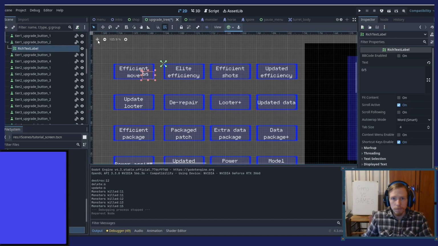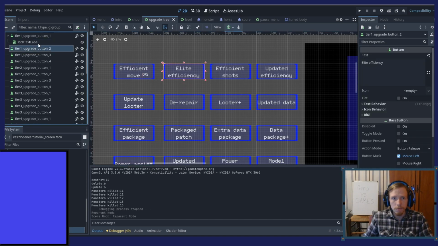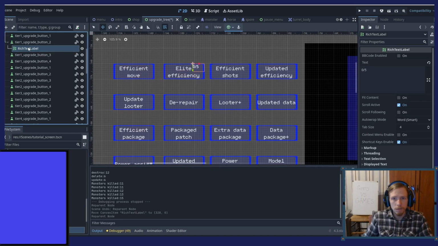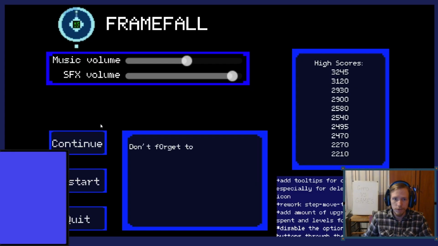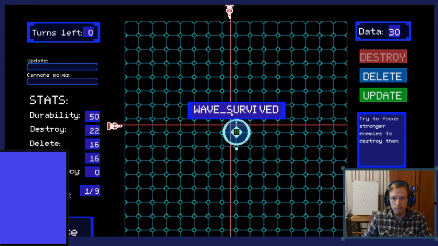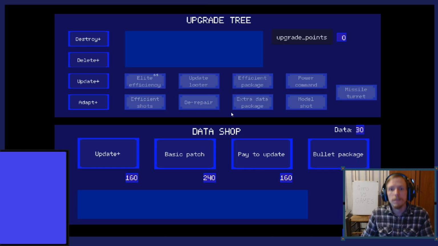This one? Okay, yeah, it's this one. So let's move it over here and do it like this. I need efficiency. Okay, so it moves.